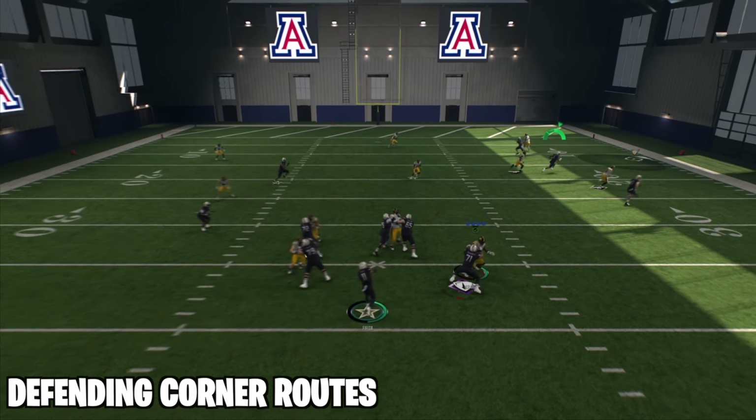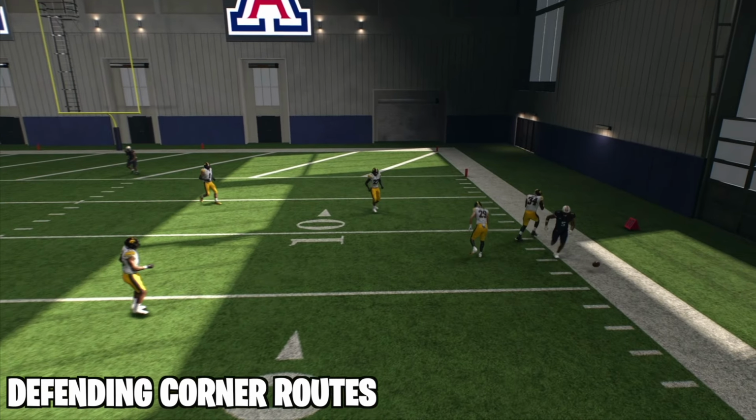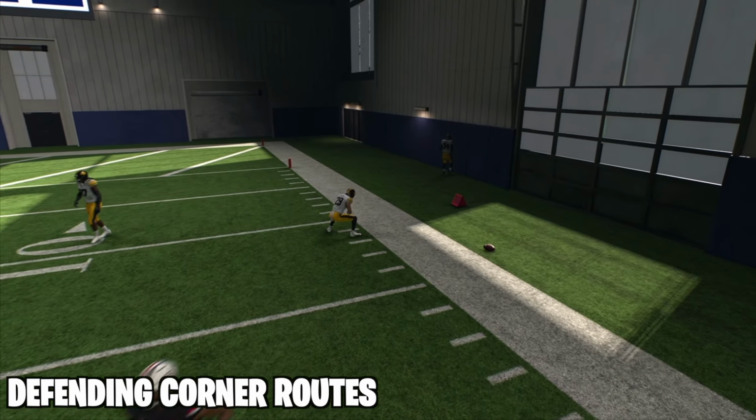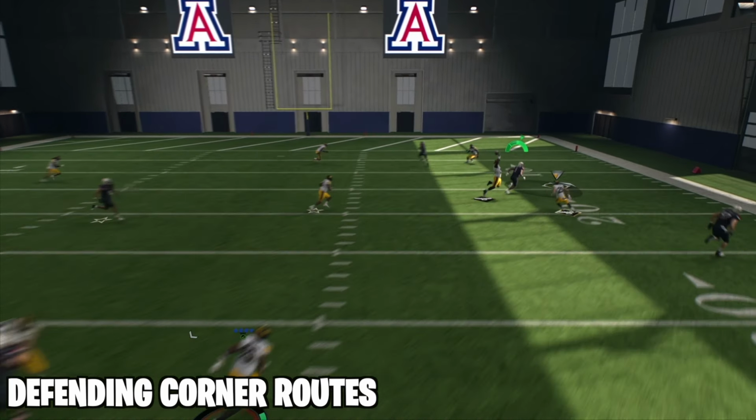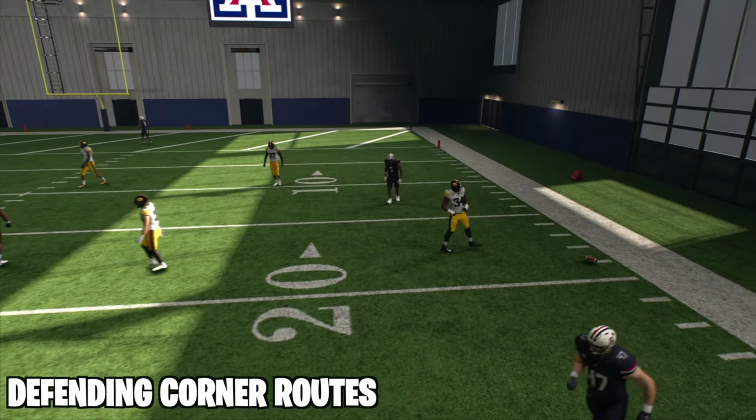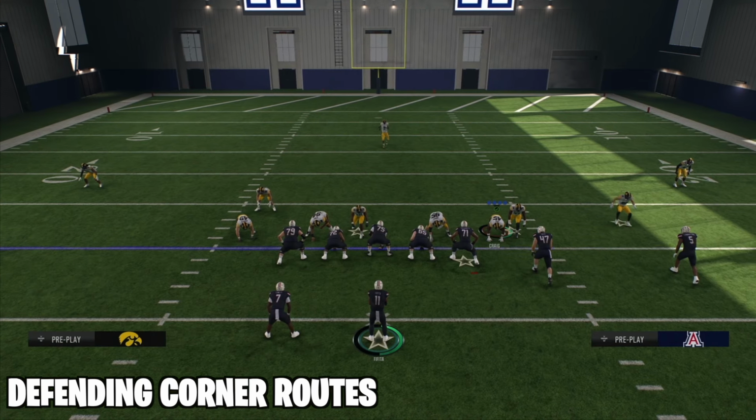Defender is right there, almost picks it off. Like, it looks like he's going to get beat. Do it again here. Drop back to pass here. Throwing it. Boom. There's not much you can do. You might be able to get lucky there, but a lot of the time, when the ball is in the air,